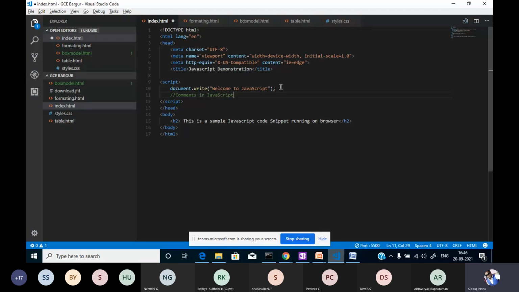So it is part of any programming language. I think you being engineering students, you have gone through the C programming language, right? In that you have gone through the comments as well. What is the meaning of comments? Yes, anyone, please.